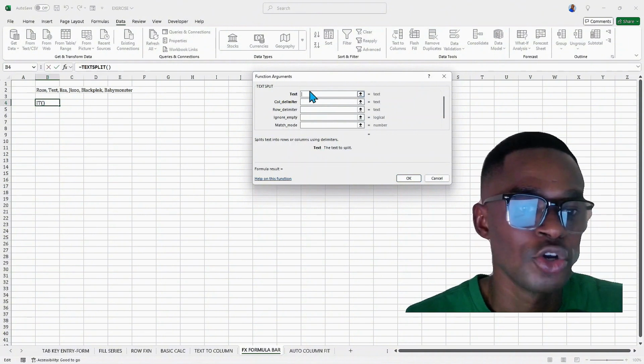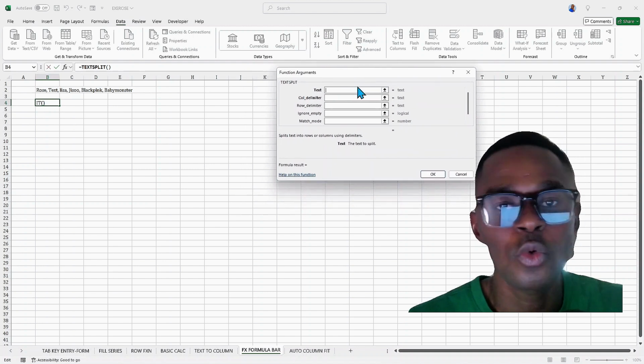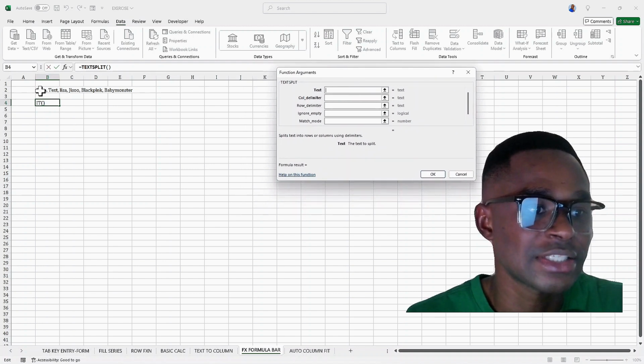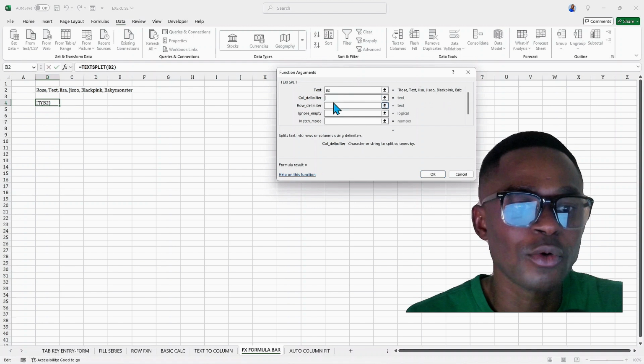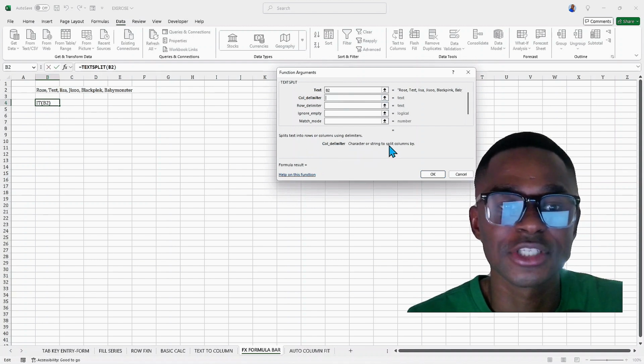Delimiters. So now it is asking for what? The text. So over here, what do I want to separate? What I want is this one. So I'll simply select this one. Then as you can see, it appears over here. So this is the text I want separated. Then it is asking for the column delimiter. So characters or string to split